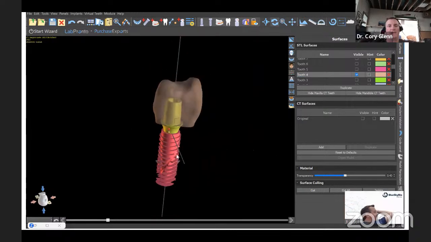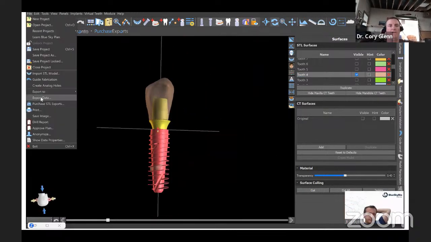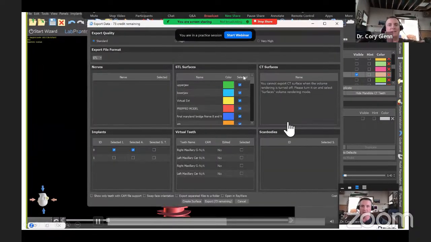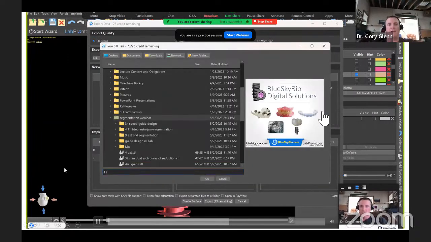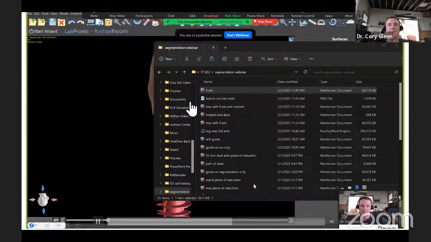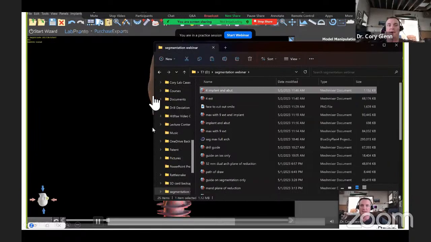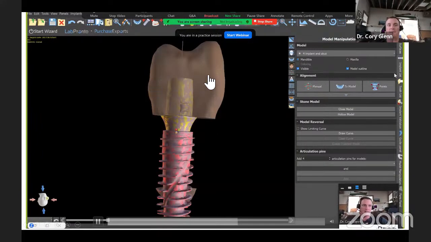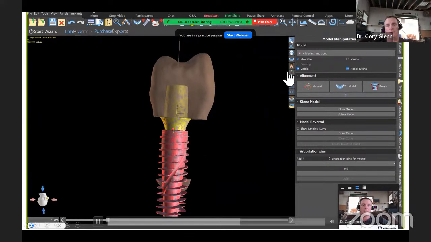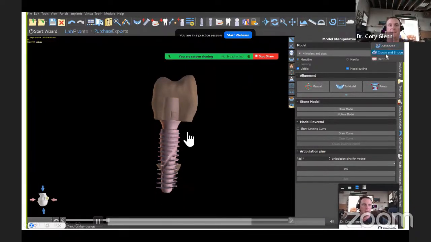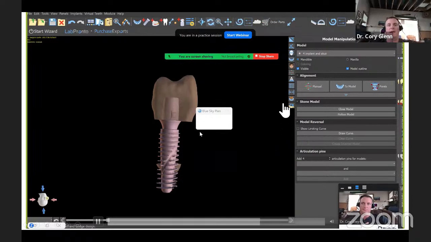And again, going back to this whole idea of Boolean functions, I can just take this now into the crown and bridge module, and I can Boolean subtract that abutment from this virtual tooth root or tooth crown, I guess it is now. And what you'll see is that it's going to, in essence, create a custom healing abutment. Yes, it's going to be a little wider here at the buccal and lingual, and I would just trim that by hand, but it would go